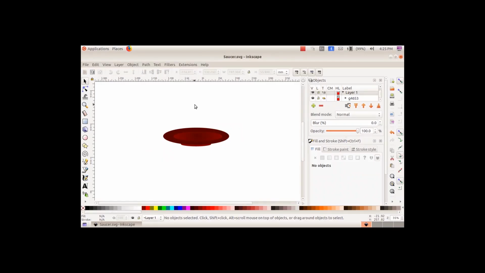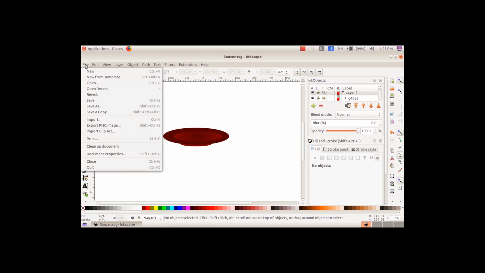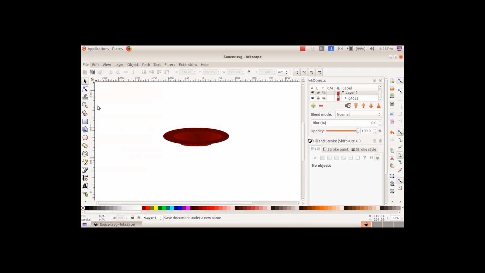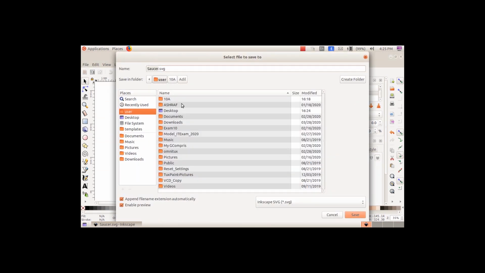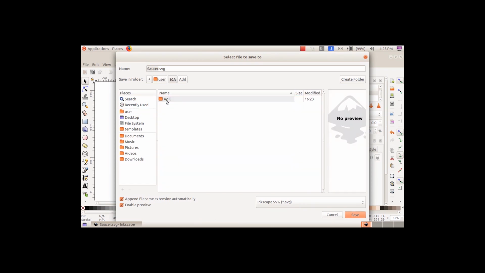Okay, now we want to save the image in the students folder. So click on the File menu, then Save As. In home, a folder 10th A is given. Just double click and open it. The name of the student is Adil. So Adil had made a folder. Click on Adil.